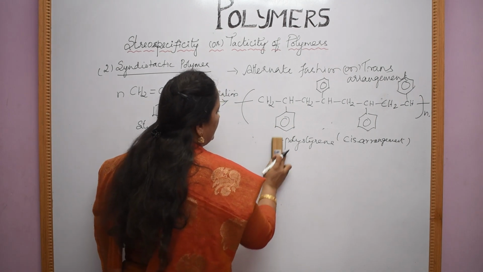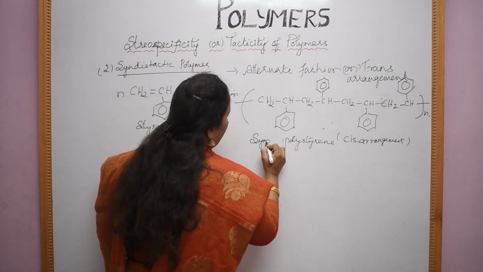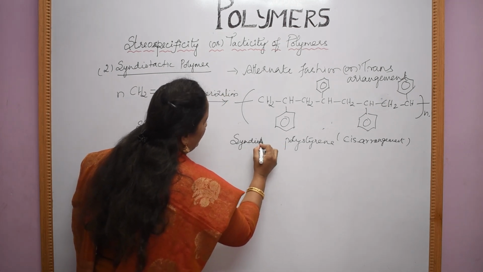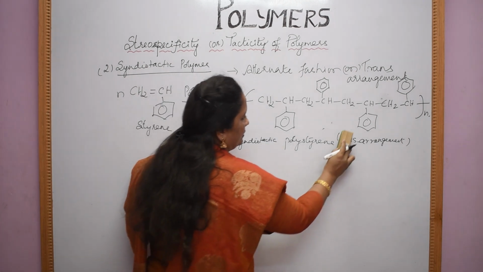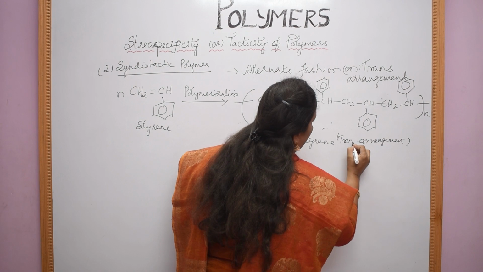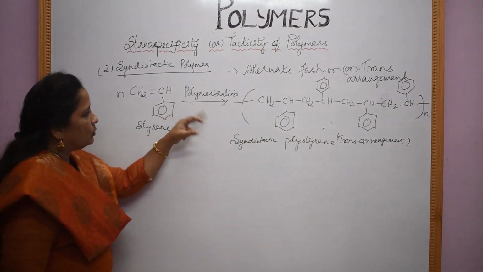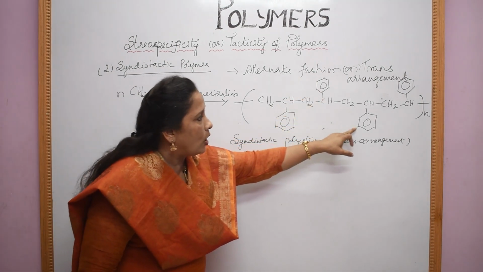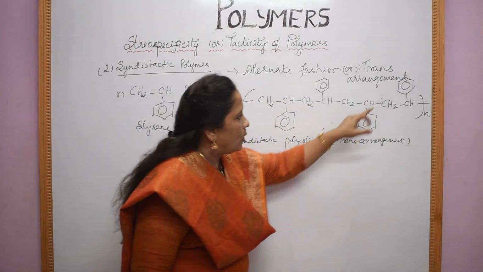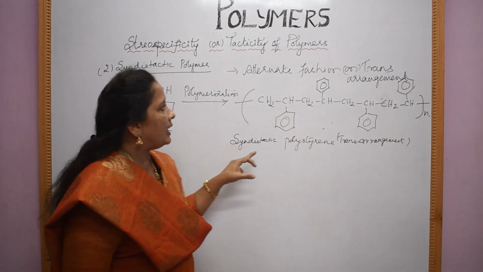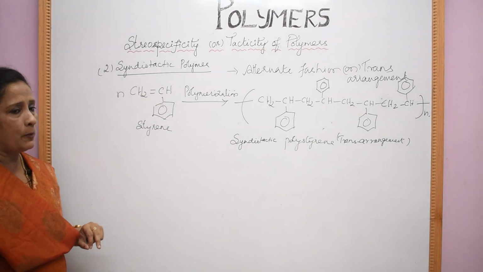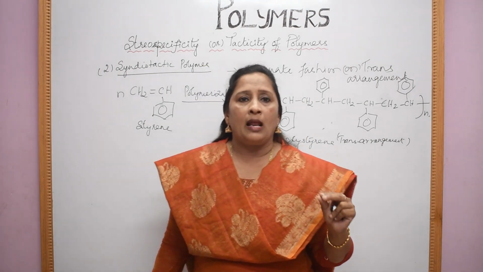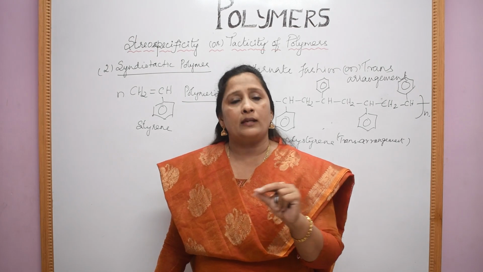See here, this is your syndiotactic polystyrene. So, this is in the trans arrangement. You see here, styrene undergoes polymerization. When you are getting syndiotactic polymer, you can see that the groups are in an alternating fashion, one down, one up, one down, one up, like that. It is a trans arrangement. So, that type of polymer is called the syndiotactic polymer. So, what is syndiotactic polymer? When the functional groups of the monomeric unit lie in an alternating fashion or in a trans arrangement, we get a syndiotactic polymer.